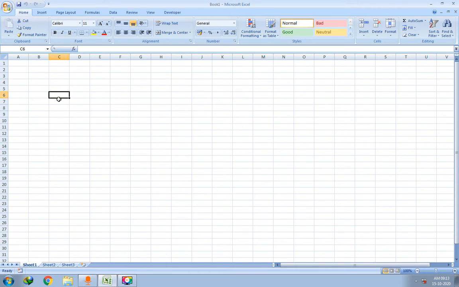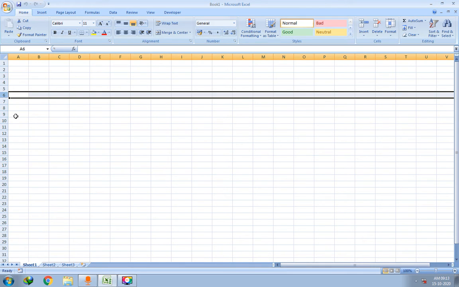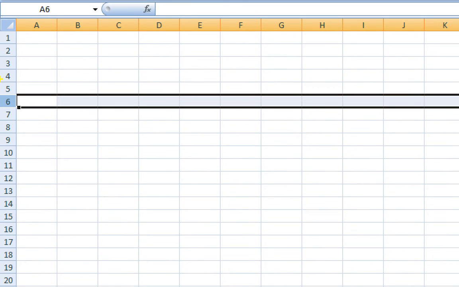Alright. Now, the next shortcut key to navigate in a worksheet is the tab key. The tab key is used to move to the next cell in the row. Now my row is the 6th row. You can see here it is the 6th row, right?